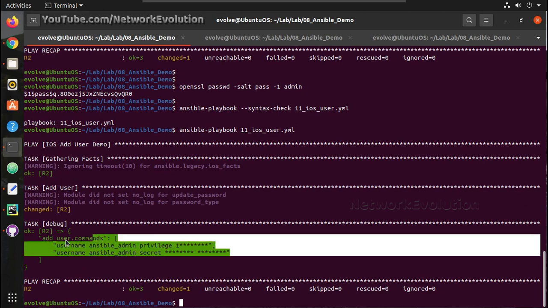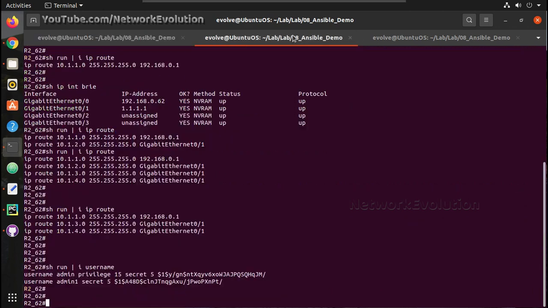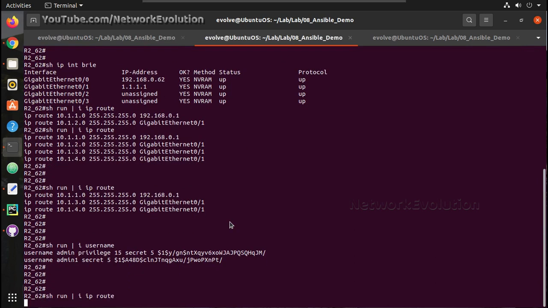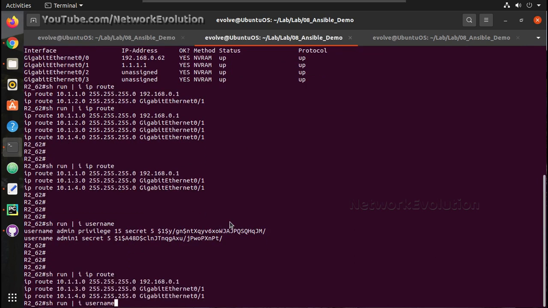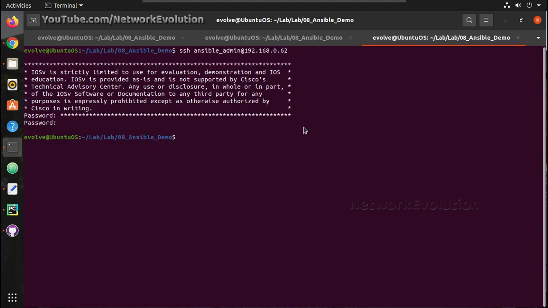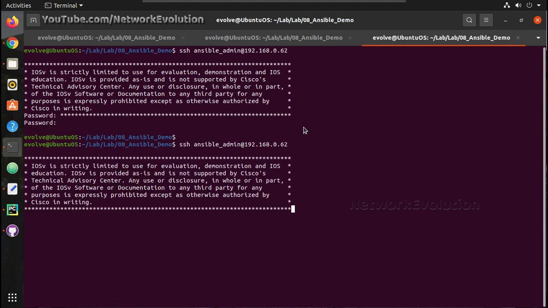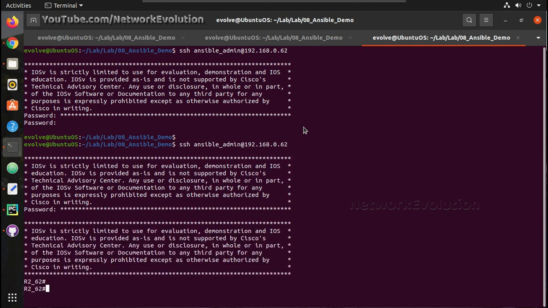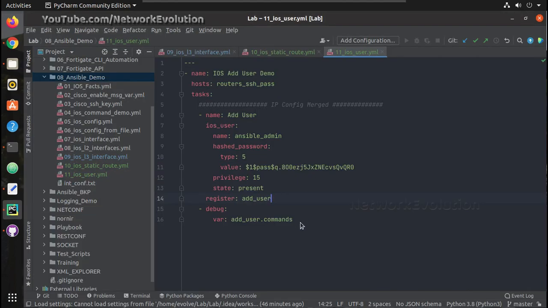Now this has configured the user ansibleadmin. We can verify that in the running config, so here you can see the user and the encrypted password, the MD5 hashed password. So now we'll try logging into the device. Password is admin. So now I am able to successfully log into the device. So now we have seen how to add a user with an MD5 hashed password.